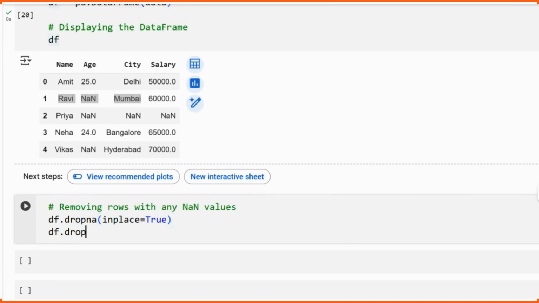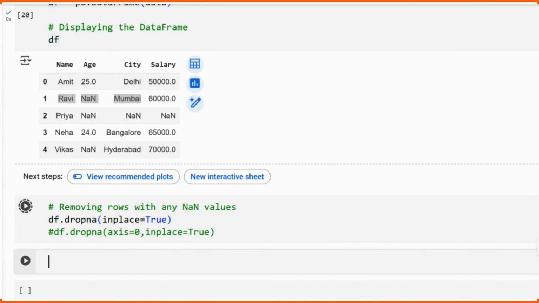dropna axis equal to 0. So 0 is the axis row-wise, and inplace equal to True. So both of these options will give you the same output, that they will drop the rows with even a single missing value. So we'll opt for the first one because it is simple, and let's check